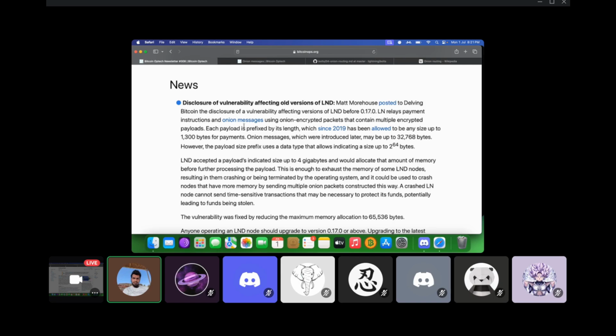So in Bitcoin also, it is very common that when the participants of the peer-to-peer network need to share information with each other, they will very often precede that information with the size or the length of that information, which gives the node an indication of how much memory the node needs to allocate in order to parse and store that information. Even in the Lightning Network, this is what happens when you are passing on an onion message.